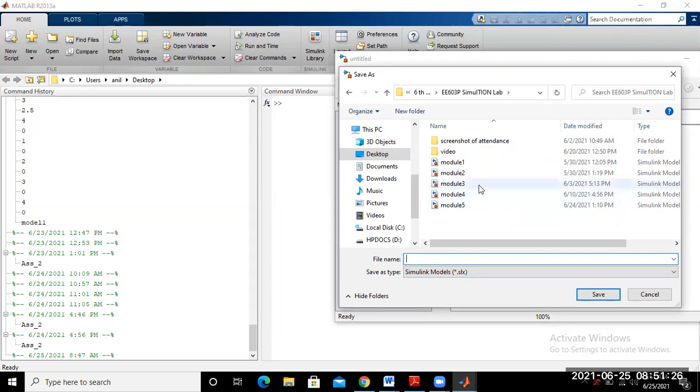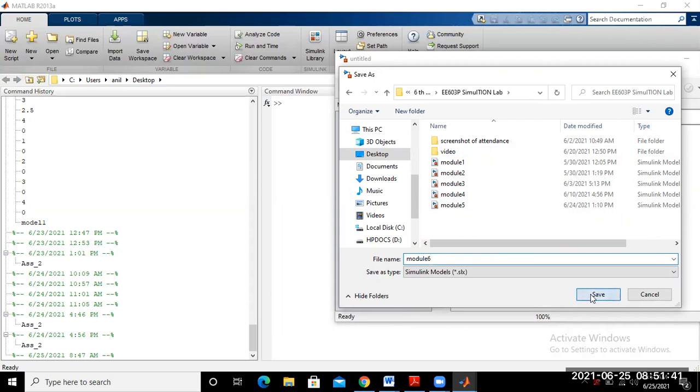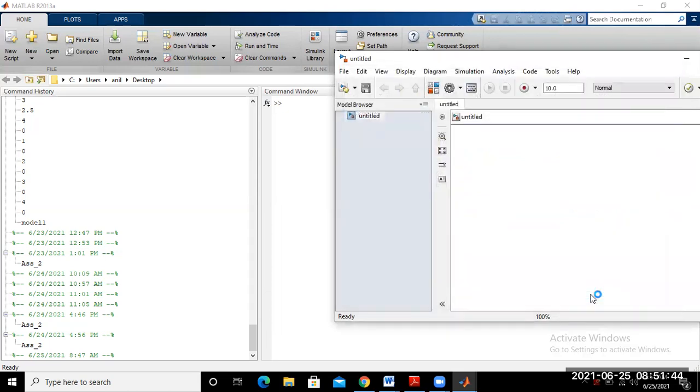We already have 5 models saved here, so next we save the model as model 6. You see here the untitled workspace is saved with the name model 6 in the simulation lab folder.